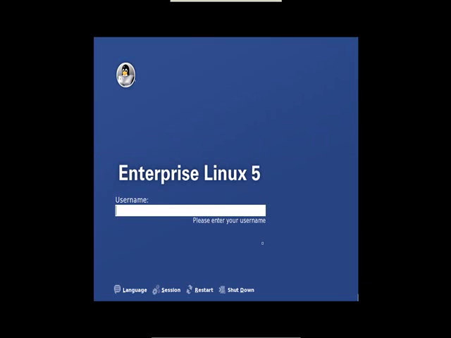It is asking for the username. Username is root. Password we have given as hello123.